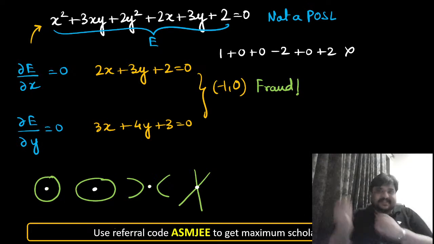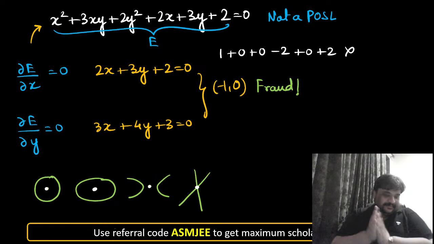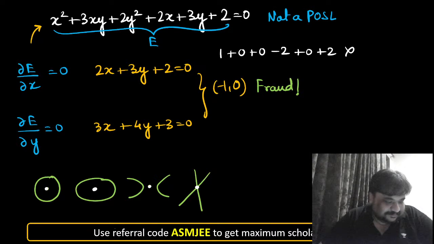Because in the other curves, this point does not lie on the curve. Right? You understood? Everybody understood this? Yeah. This is a cool method. Actually,